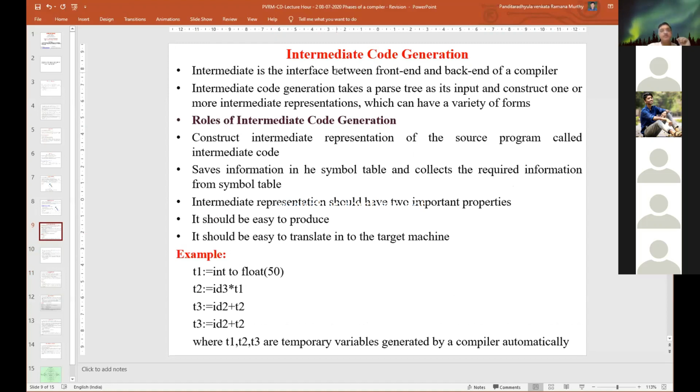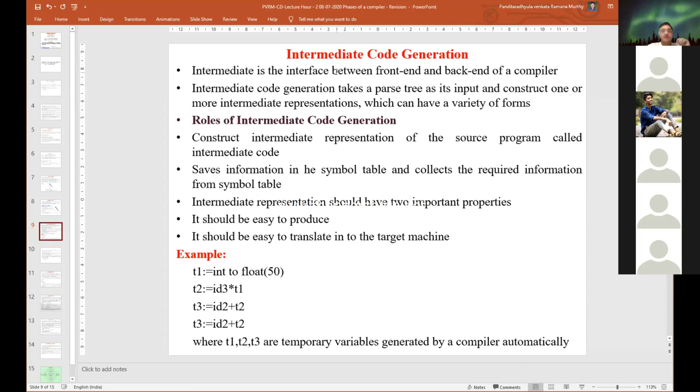It takes the parse tree as input from the semantic analysis and constructs one or more intermediate representations, which can have a variety of forms, that we identified earlier. Now here we are using three address code. The role of intermediate code generation is to construct the intermediate representation of the source program, save information in the symbol table and collect required information from the symbol table. Even here we can use intermediate temporary variables.